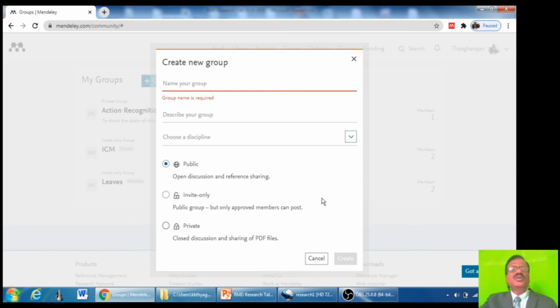If you want to share your research only with your colleagues or your co-author, then you can make it as private, or even you can use it as invite only. So you can send the link to any person, and only those persons will be able to collaborate with you. In this way, you can create a group and you can collaborate with your colleagues and co-authors.